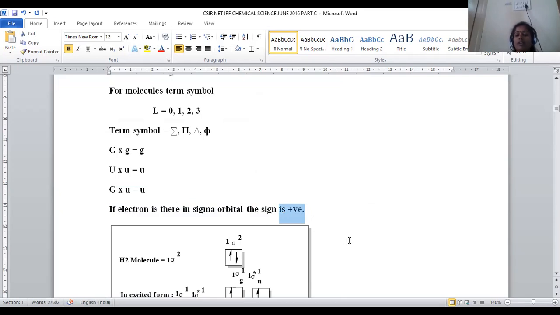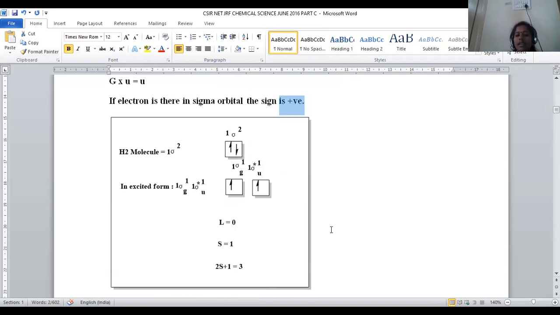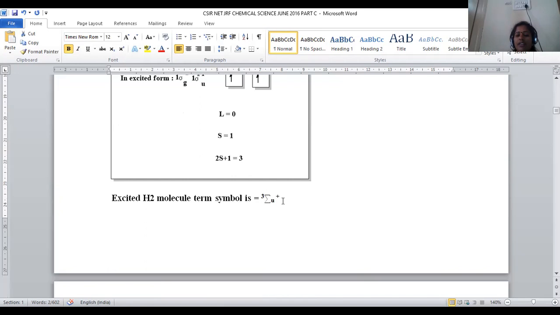If electrons are present in a pi orbital, that will carry a negative sign. Here, the electron is present in a sigma orbital only. So the final term symbol for the first excited state of the hydrogen molecule is sigma 3 ungerade